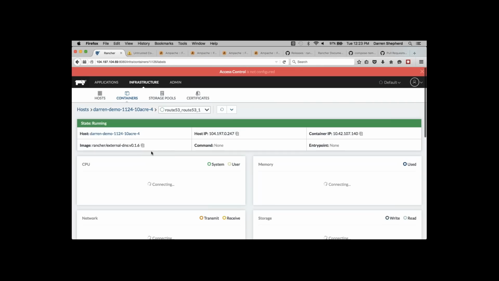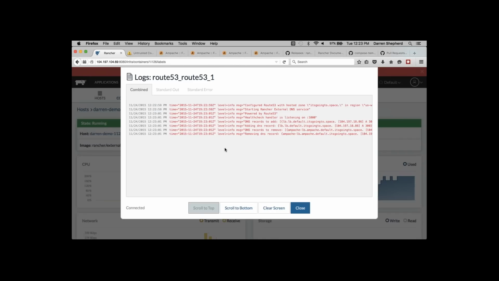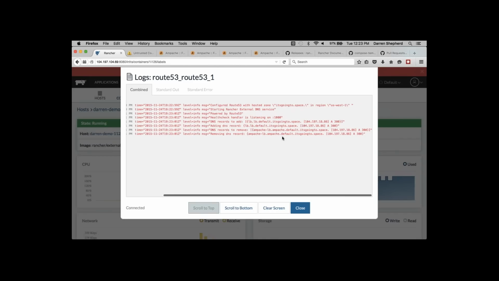Okay, looks like it's active now. Let me just check the logs. We can see if it looks like it's doing things, if it was able to talk to Route 53. Yeah, okay, so this is adding records. So you can see what it already did, like adding DNS record,